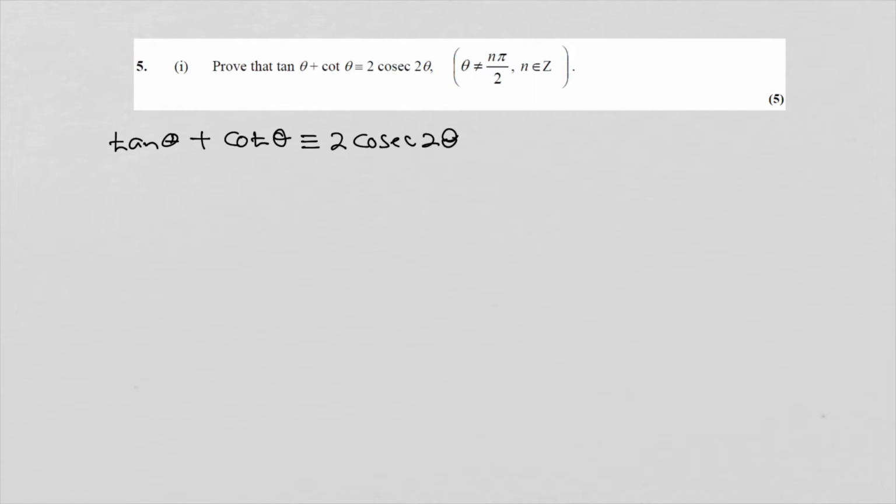Remember that 1 over sine theta equals cosec theta. Also remember that tan theta equals sine theta over cos theta. Also remember that 1 over tan theta equals cotangent theta. So those 3 points will be useful. Now I'm going to work with 2 cosec 2 theta,